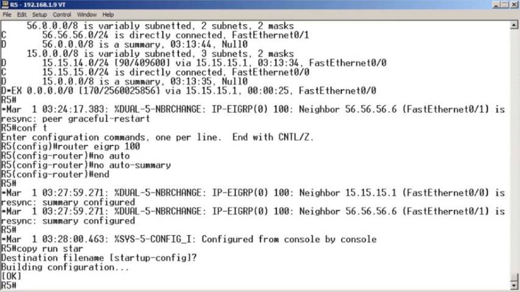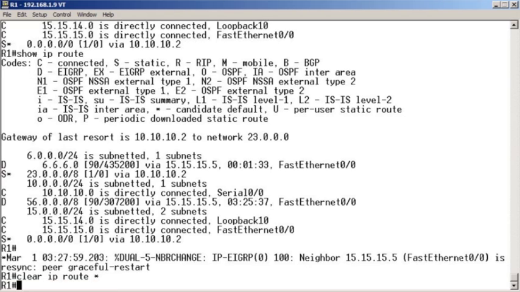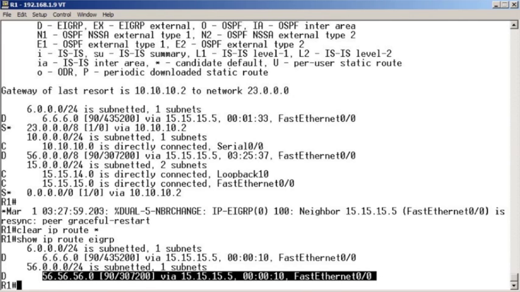And let's really double check things now. We go to R1. And before I do a show IP route, let's say we weren't convinced that we're seeing a current copy of the routing table. You can always do this, clear IP route asterisk. And that clears your routing table, forces EIGRP to get new update information, and now we can do our show IP route EIGRP, for example, and we can see that now we know that the 56 network is actually the